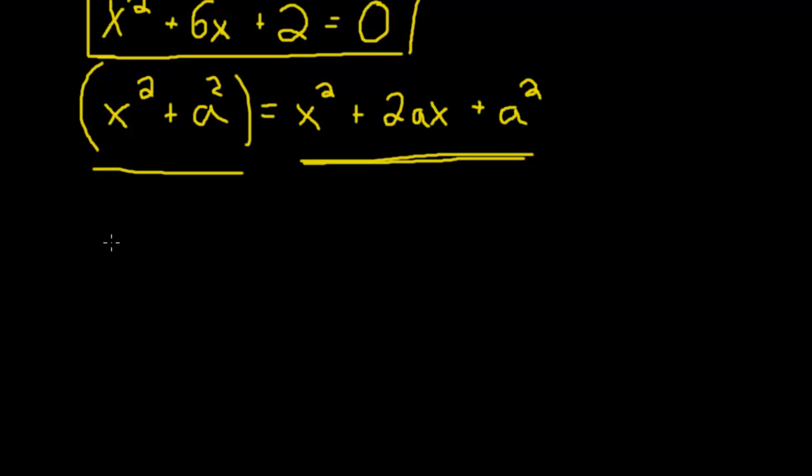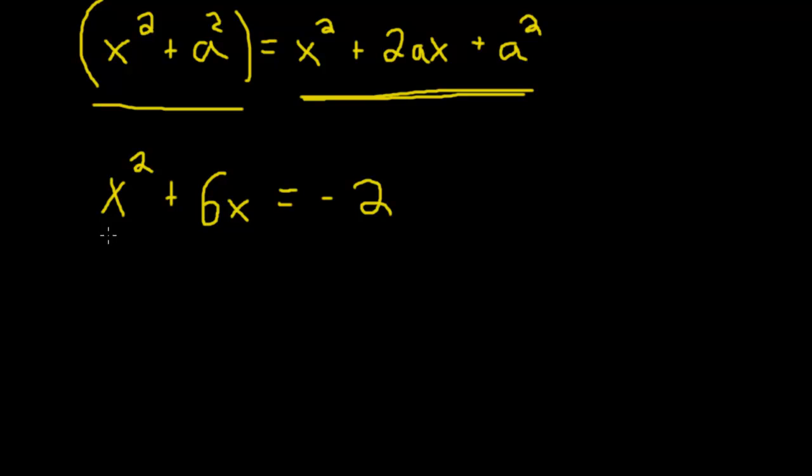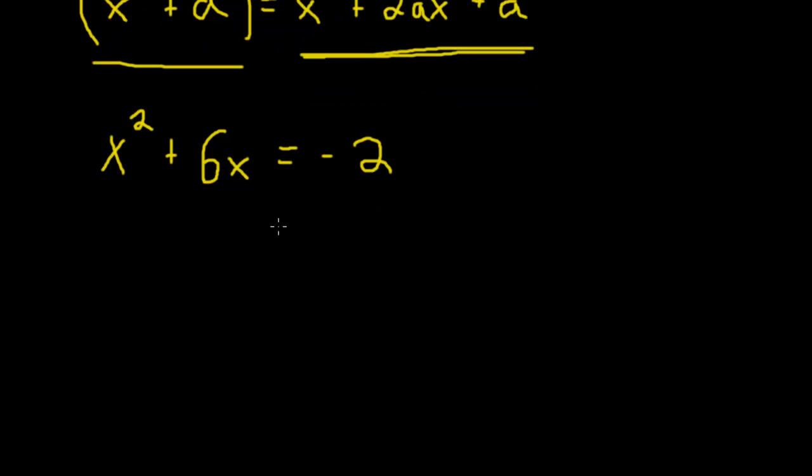So first off, what you want to do is take the 2, the number that's over here, and put it over to the other side of the equal sign. And now it's -2, right? So as we see, we're close, but the left side is not a perfect square at all. So what we want to do is